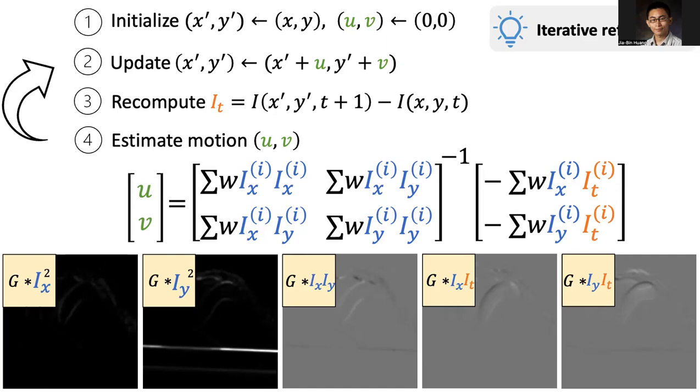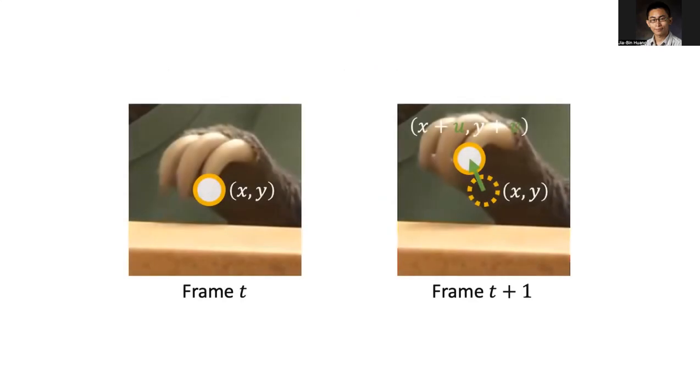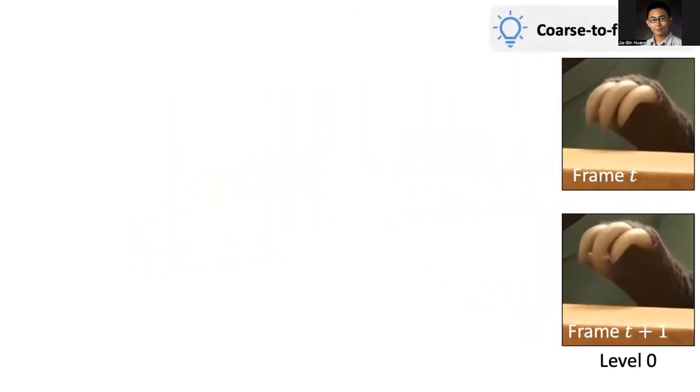The second idea is called coarse to fine. So it looks like this. Imagine that in this example there's a large motion, because this is a high resolution image and the motion is very large. The main idea is the following. Remember that Yao Zi talked about the pyramid. If you have a large motion in the high resolution, and you construct a Gaussian pyramid for each image, what you do is